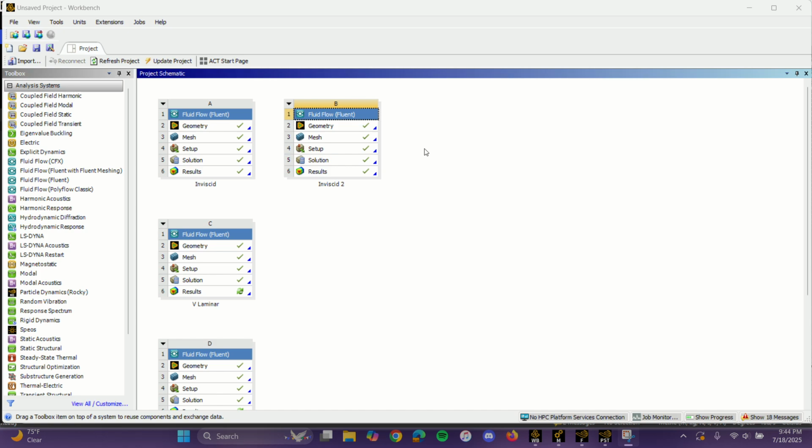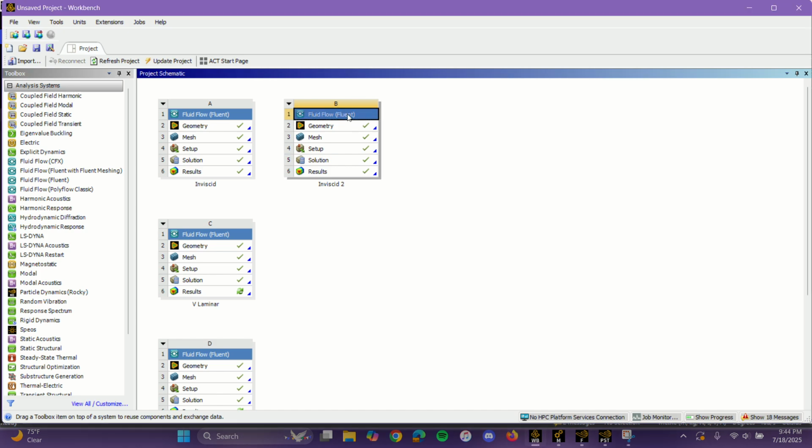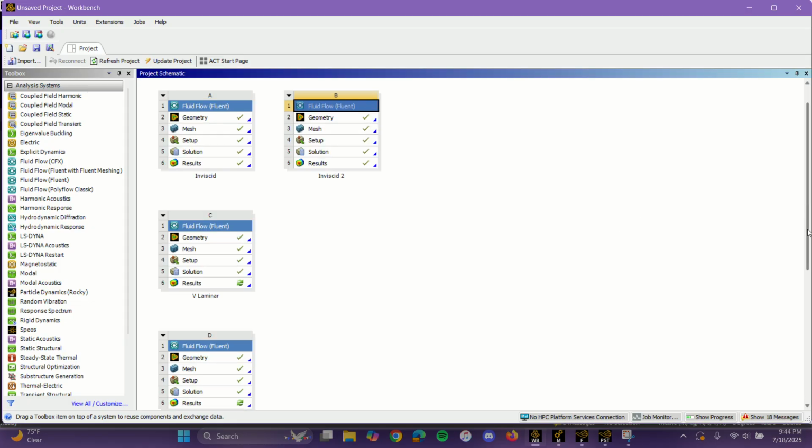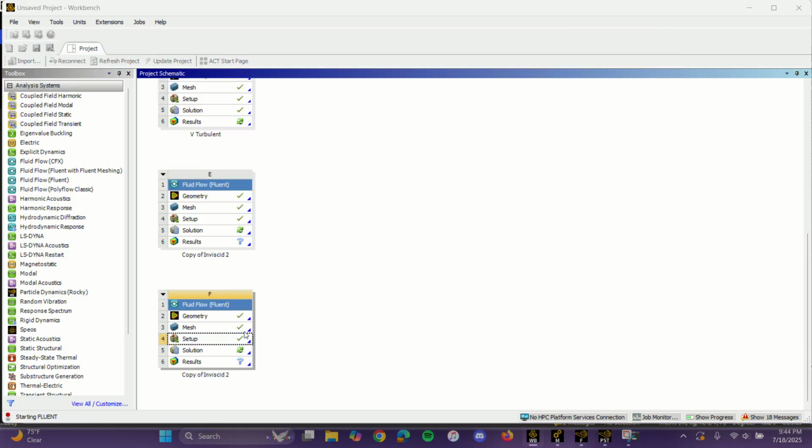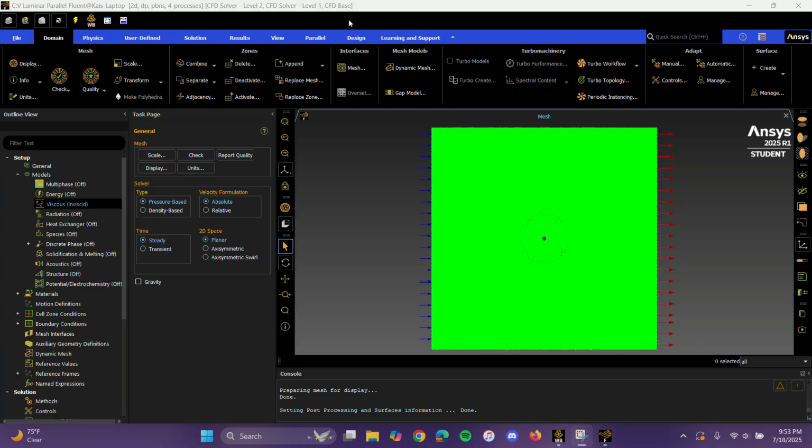Alright, so now we're on to part 2. So what we're going to do is we're going to copy, or rather duplicate, this so that way we can use it for our V laminar, and it copies right down here. So what we're going to do is we're just going to go straight into setup, and I'll pause as it loads and whatnot. Okay, so now our setup has been pulled up,